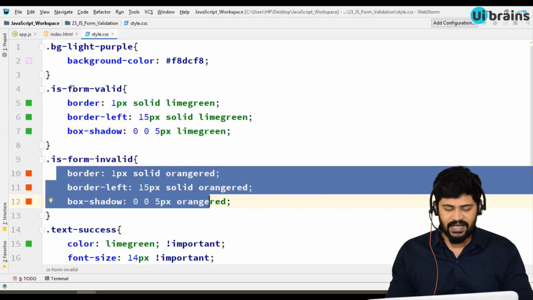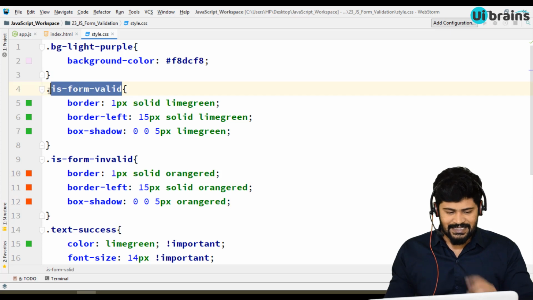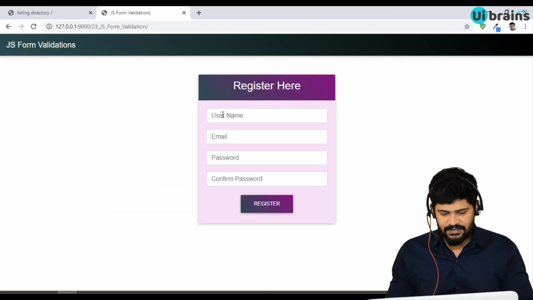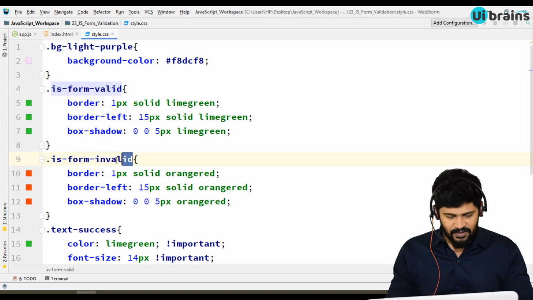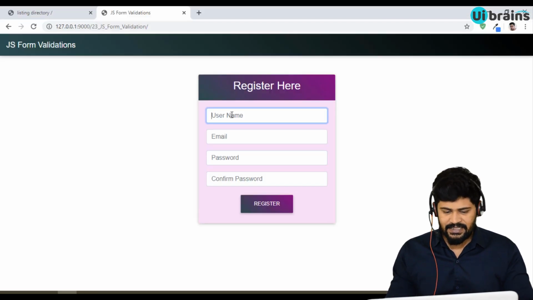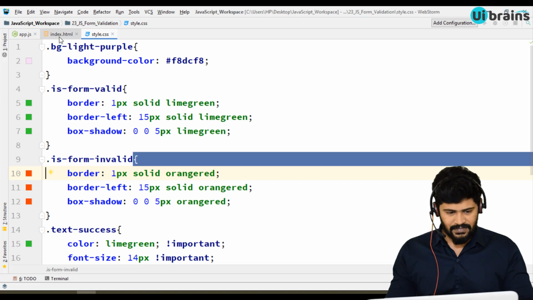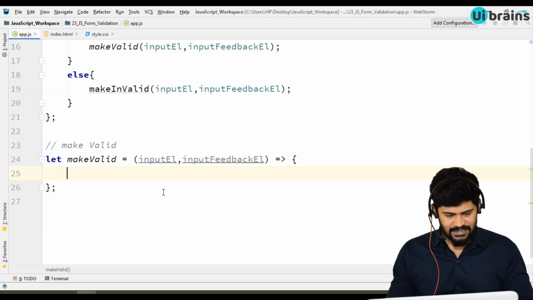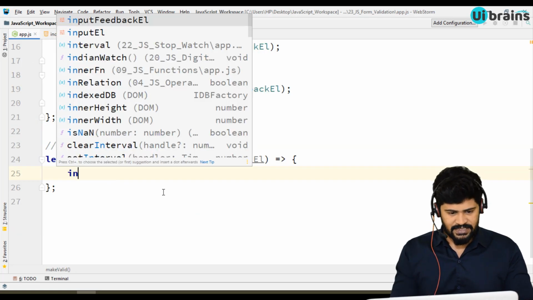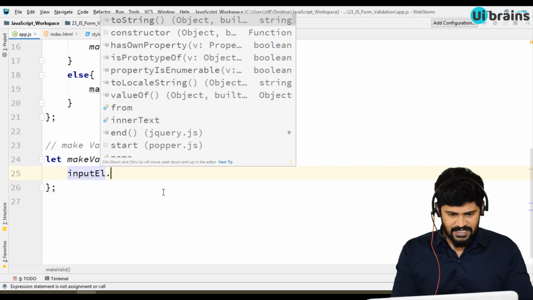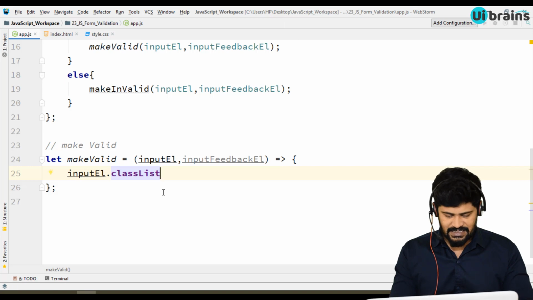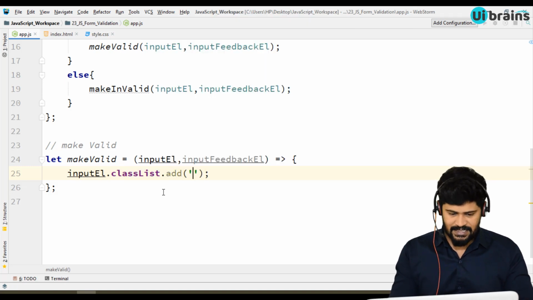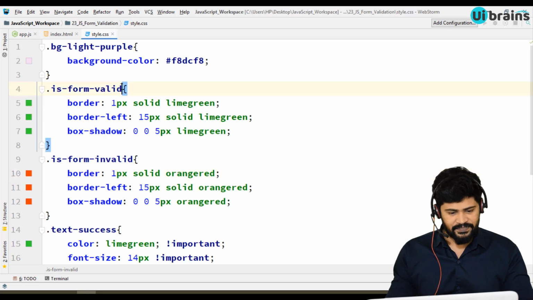If it is valid, I'm going to add this class dynamically to this element, and if it is invalid, I'm going to add this class dynamically to this one. So the plan is input element dot classList dot add, and I'm going to add this class name dynamically.